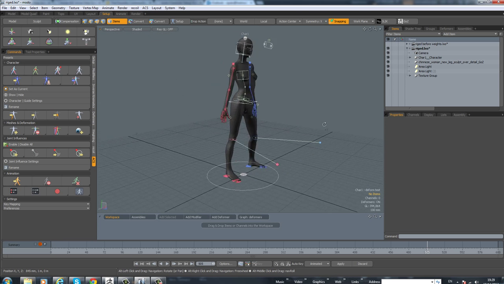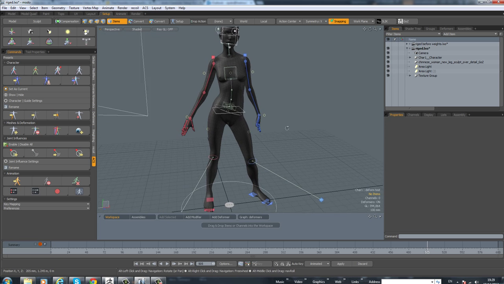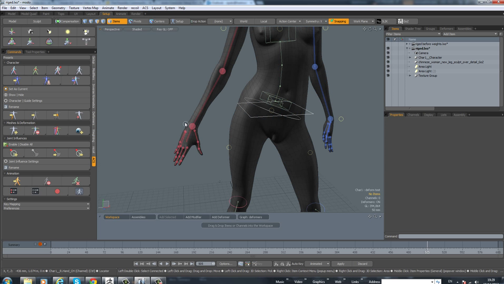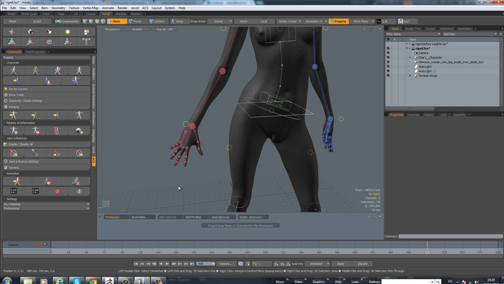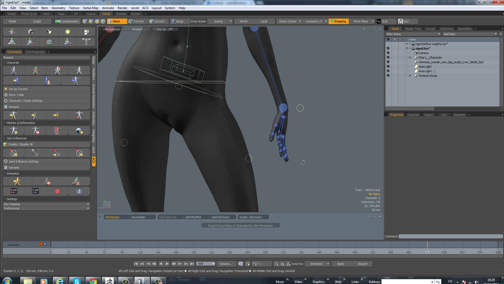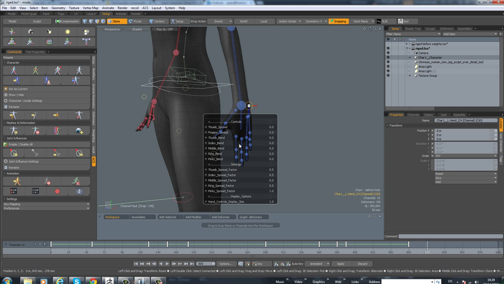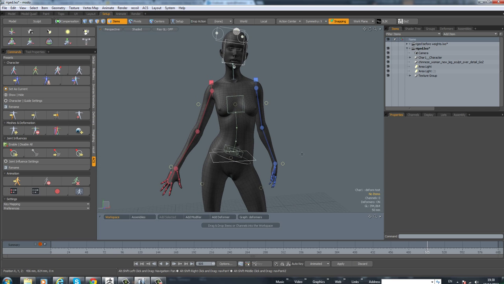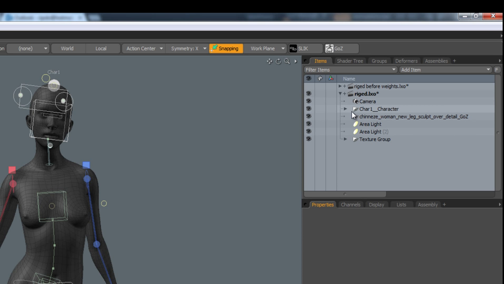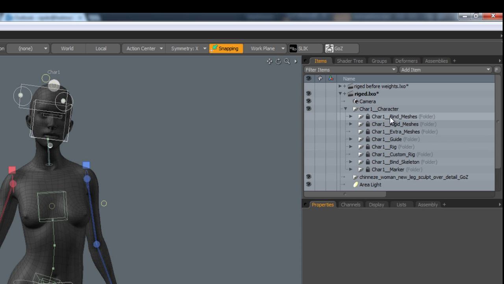Okay, so let's say we want to keep this particular pose here, and we want to work on this for a sculpt. And there's not really anything fancy here really, but it kind of gets the point across. Relax those fingers a little bit, I think. What we want to do is go to the character setup here, go to bind meshes,